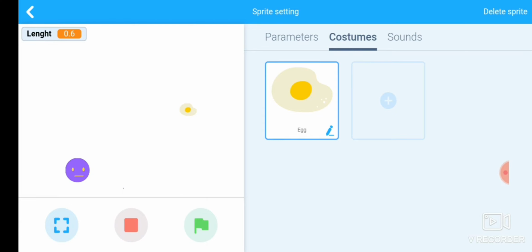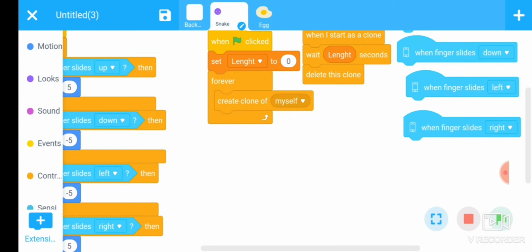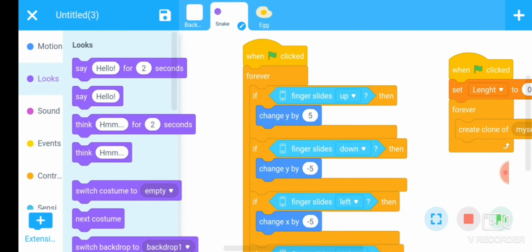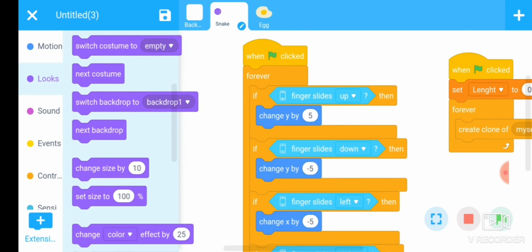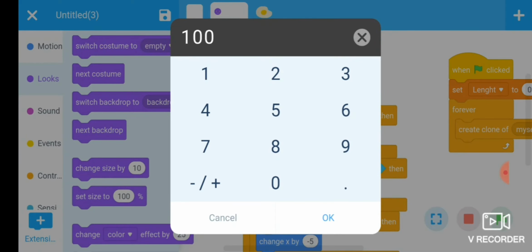Here the size of the snake is also very large. You can reduce the size of the snake by the command set size to 100%, replace 100 with 90%, and again, yes, this is good. Okay.